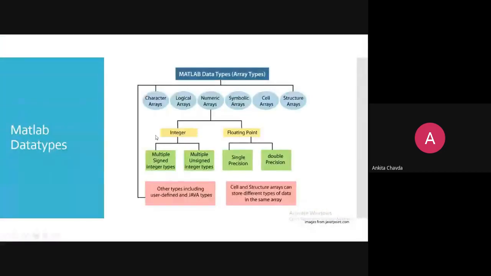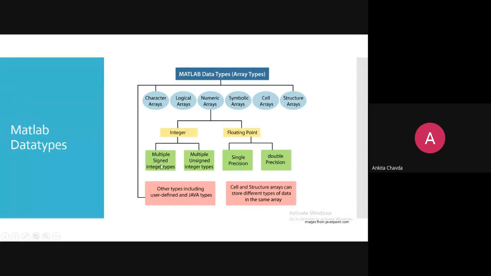Then here we will simply discuss these numeric arrays. Numeric array means it could be either an integer or a floating point, right? If it is an integer, multiple signed integer types and multiple unsigned integer types are there.